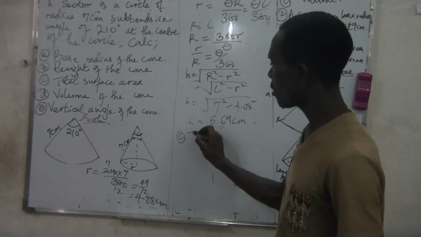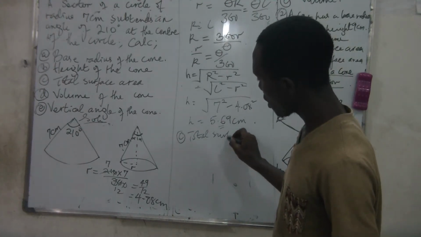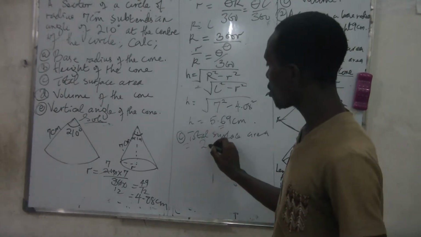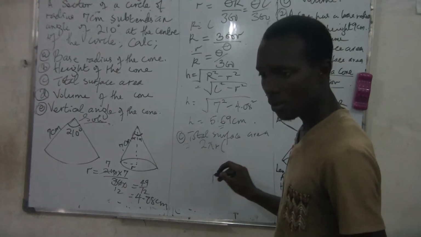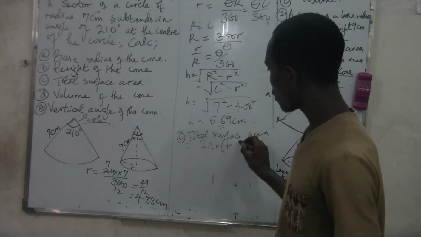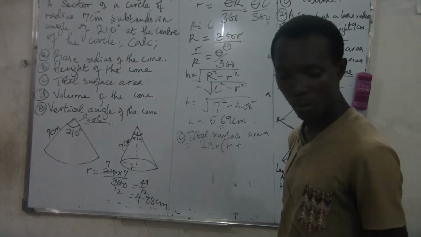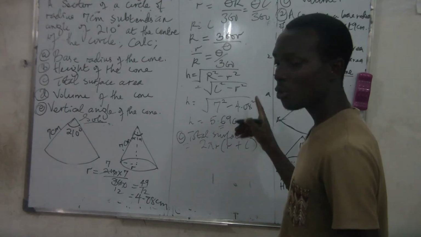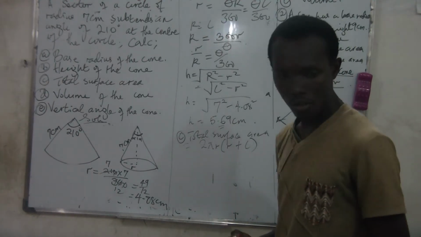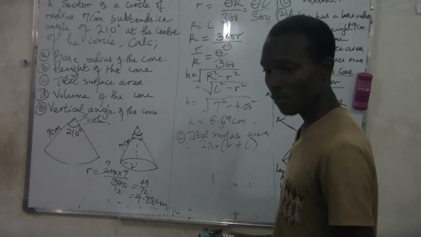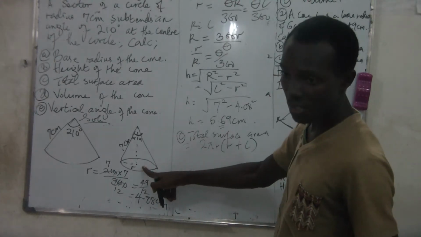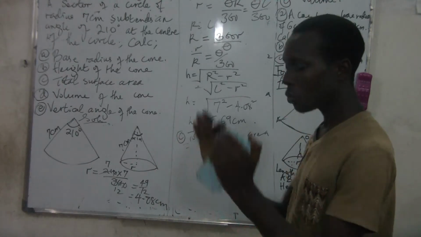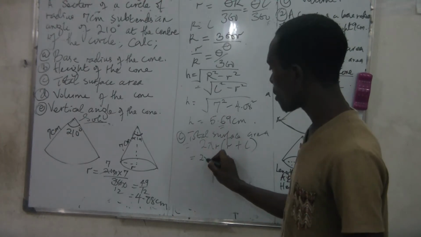The next thing we're going to find is the total surface area. We said the total surface area, by calculation, is pi r times r plus L. Do you understand? That's the total surface area. That is the area of the base circle here, and the area of the cone, the slant part of the cone. And that will give us